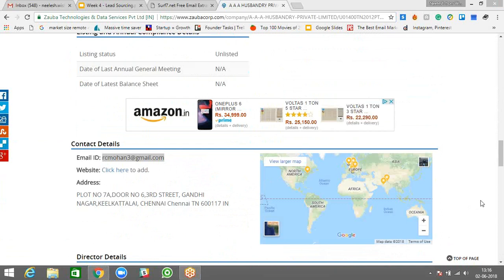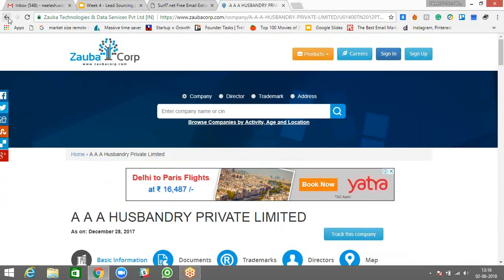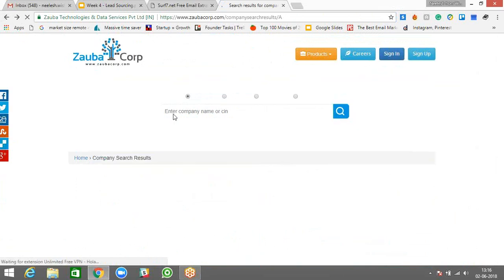What do I mean by loop? It can go here, search for, let's say, A, then B, then C, then combinations of A, B, C, and all those things. Keep on searching again and again.